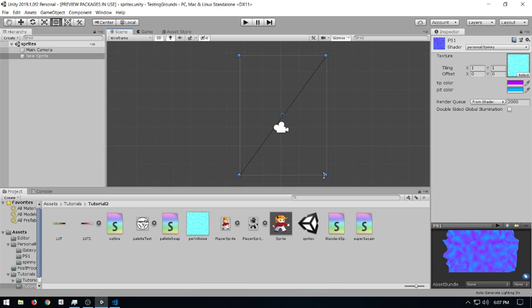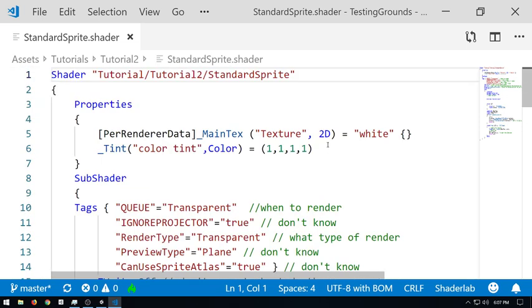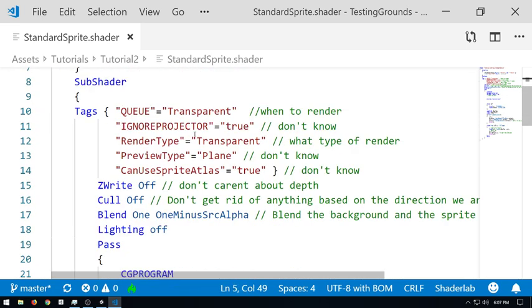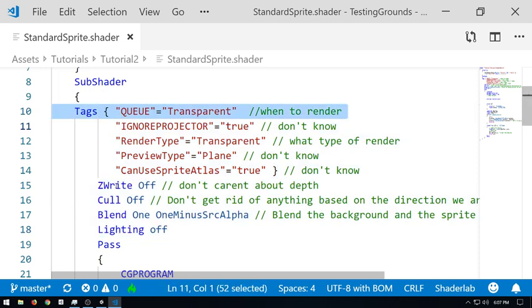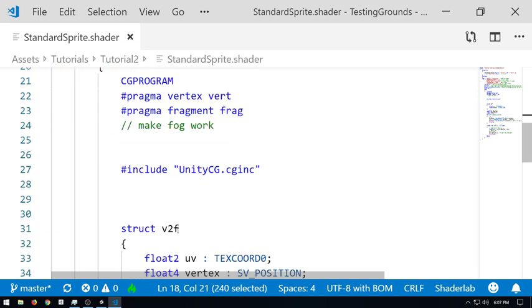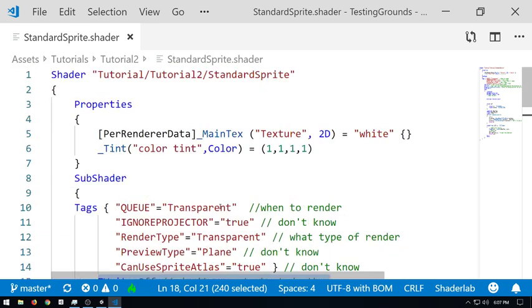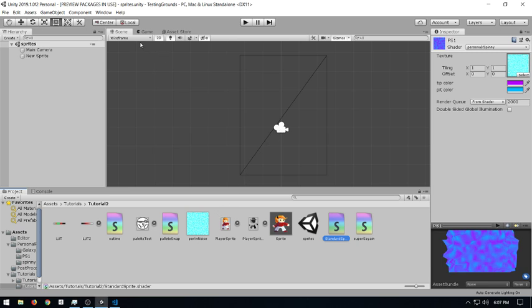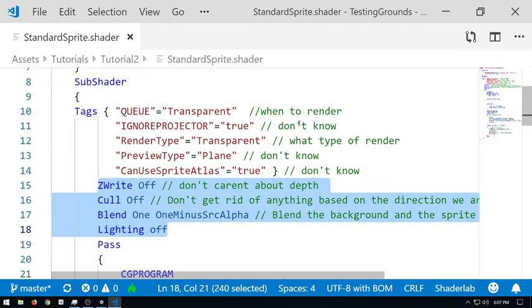So because it's actually triangles and it actually does exist in a 3D space, sprite shaders look very, very, very similar to a normal shader. This block is the major difference, essentially, which is where Unity's tag system and all of these extra little preprocessors come into play. But if we go through the rest of it, it kind of just looks like a normal shader. So let's go back to shaded.